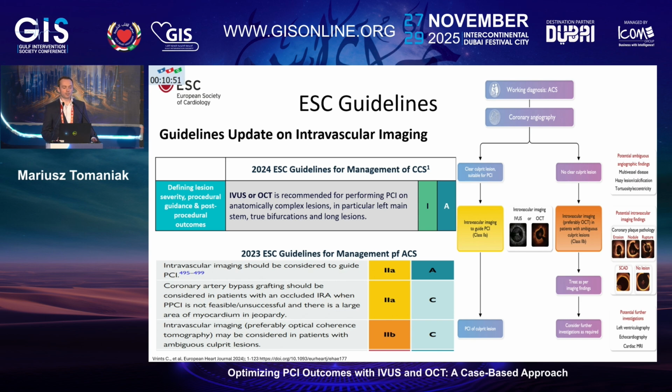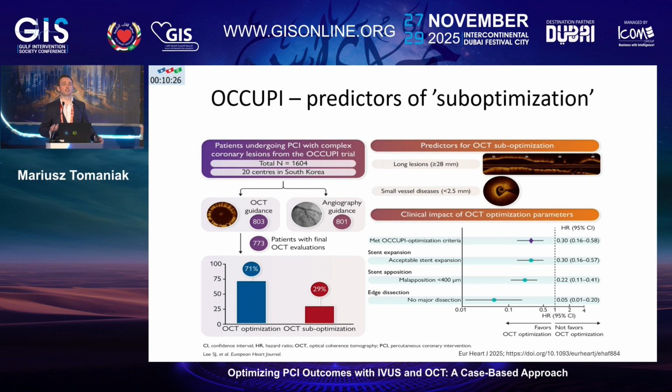For instance, the European Society of Cardiology guidelines now recommend with the highest class using IVUS or OCT for PCI on anatomically complex lesions, in particular left main stenosis, true bifurcations, long lesions. One year earlier, in ACS, intravascular imaging guidance for PCI had already been recommended with the prior iteration of the guidelines. Very recently, just 6 days ago, very interesting data were published by the investigators of the OCCUPY study